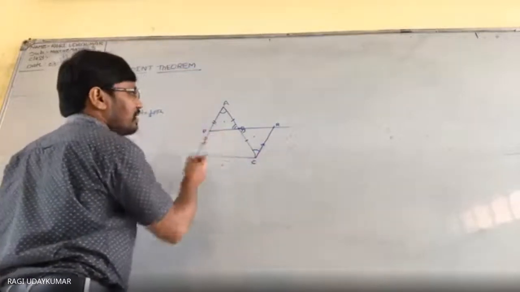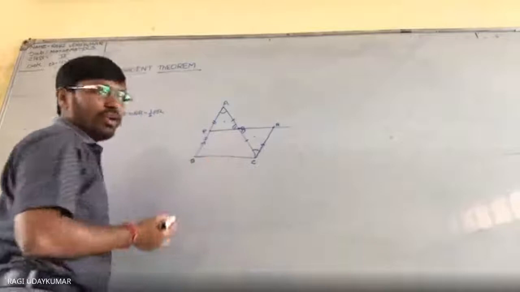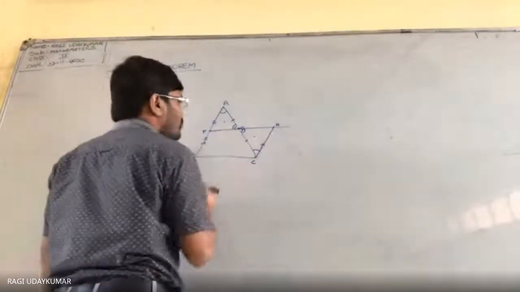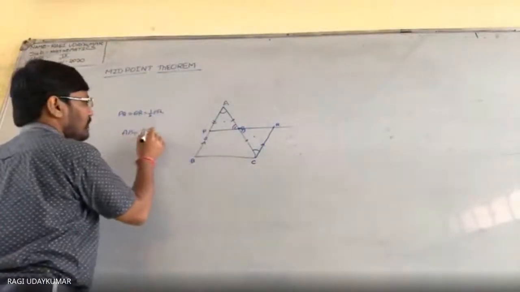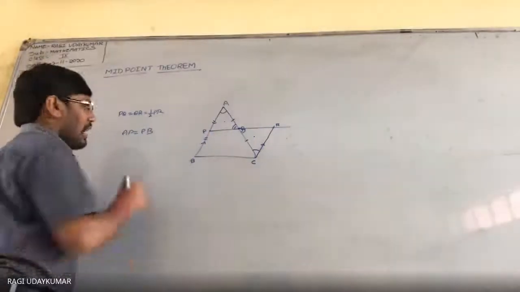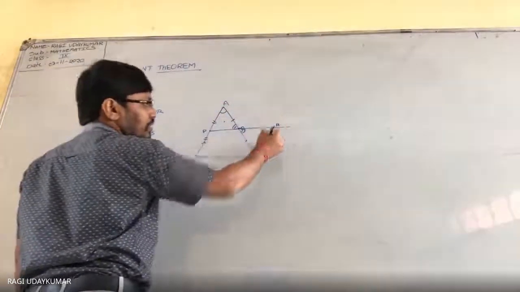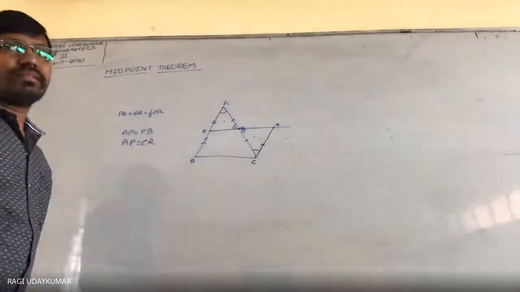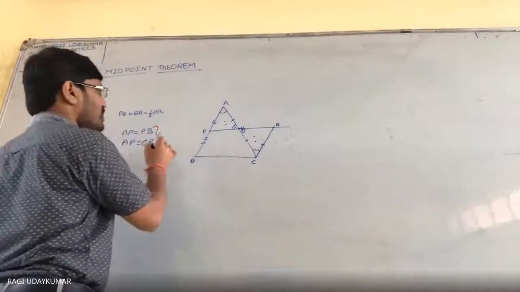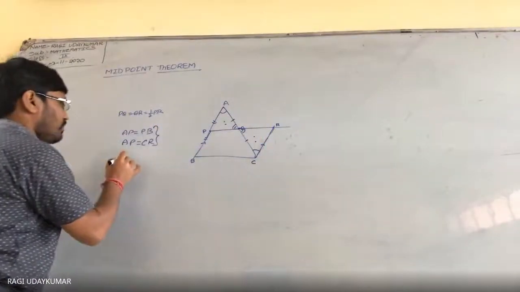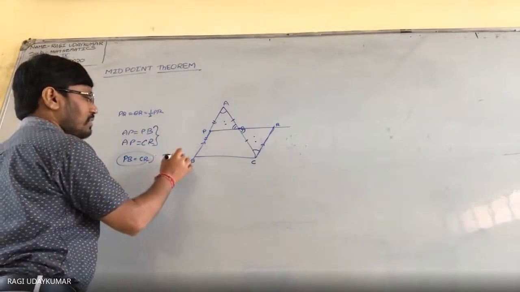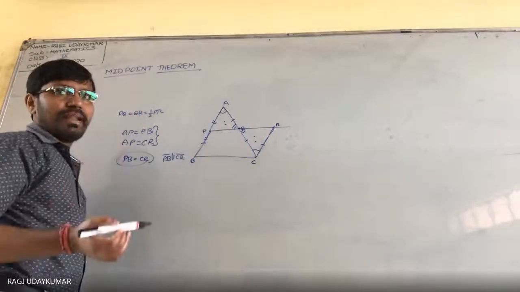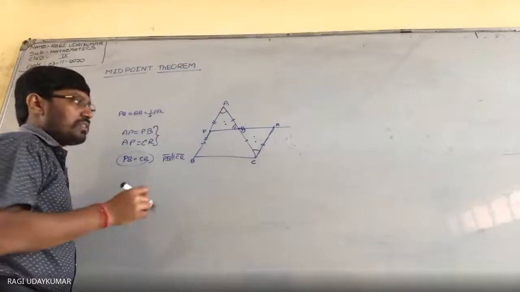पैरेलल प्रूव करने के लिए ये दोनों पैरेलल, either you can prove that it is a parallelogram, you have to prove this is a parallelogram. So now here you can say that AP is equal to PB because P is the midpoint, and then AP is equal to CR because the two triangles are congruent. CPCT. So from these two statements, you can say that PB is equal to CR. And from the construction, PB is parallel to CR. So one pair of opposite sides are parallel and equal. One pair of opposite sides parallel and equal is nothing but it is a parallelogram.